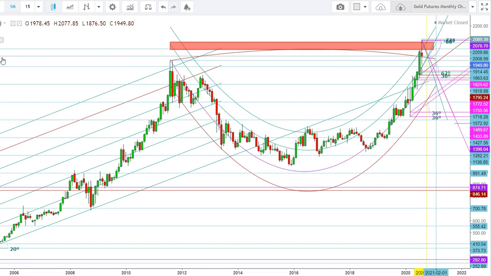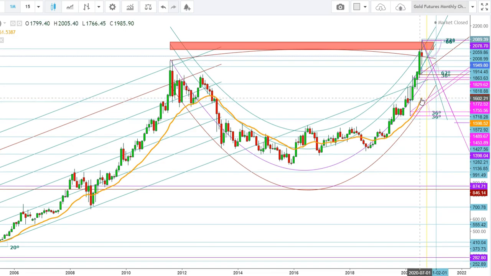So now let us check the current position of moving averages. Here you can see that currently the 20 days exponential moving average is at the levels of $1598. So here I find that the level of $1598 could be a final support for gold futures. In case of a downward move, we will see the gold futures test the lows of $1598.